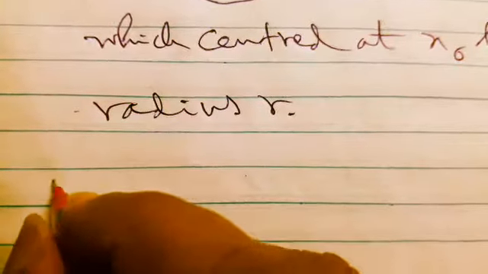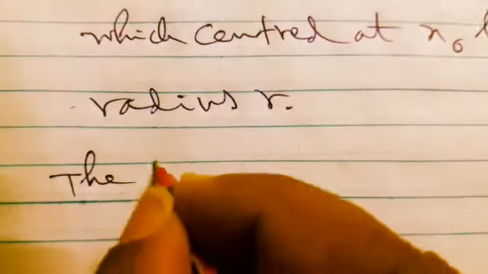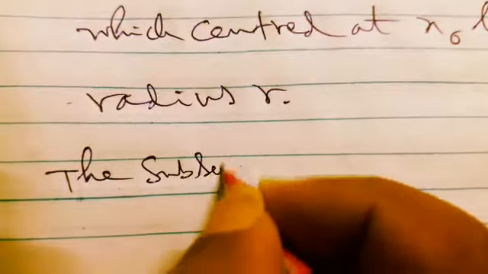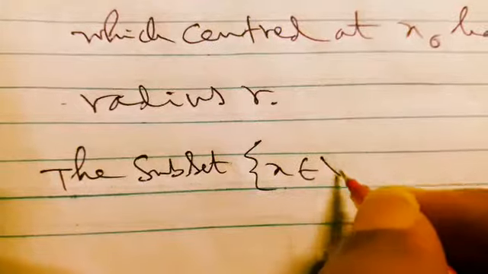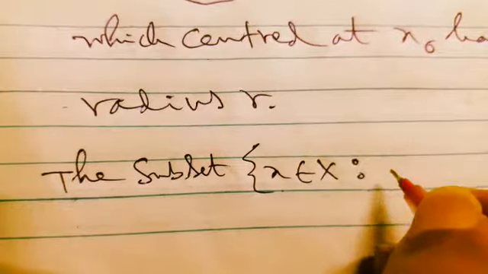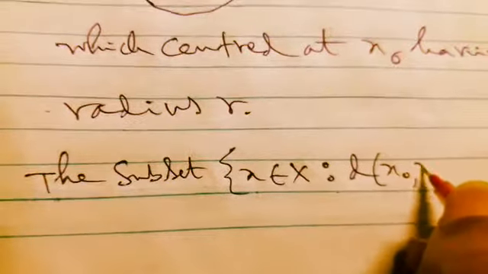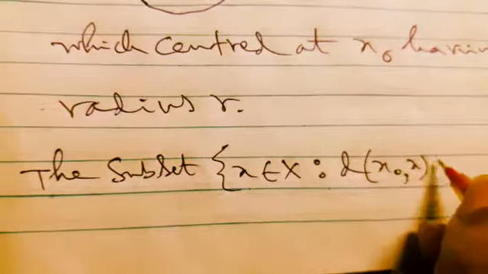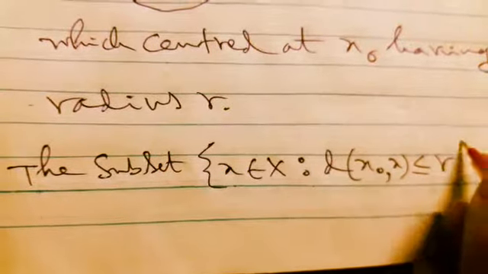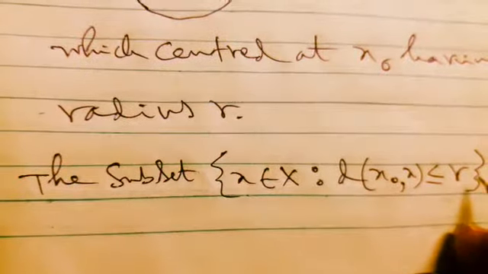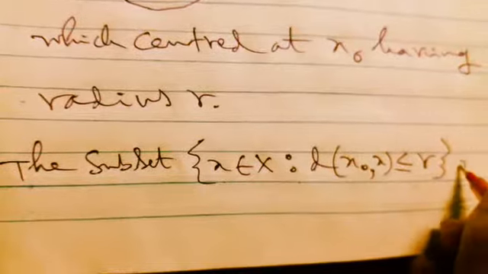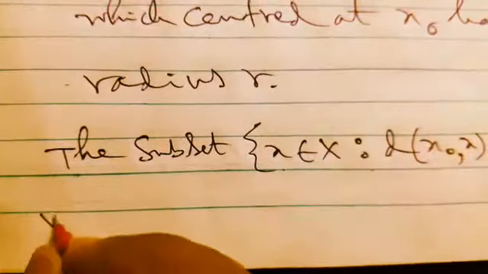If we consider a closed ball, then we consider the subset where just one thing changes: x belonging to capital X such that the metric d(x0, x) is less than or equal to r. Only one change, less than or equal to r, and this subset of X